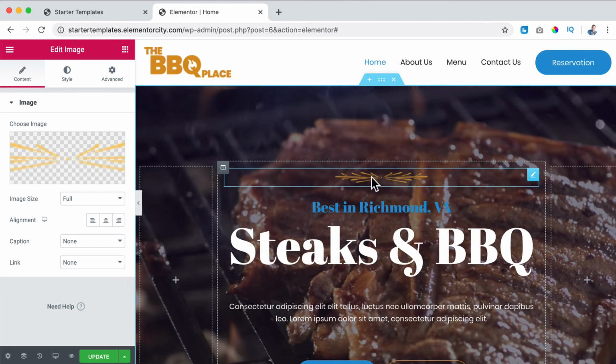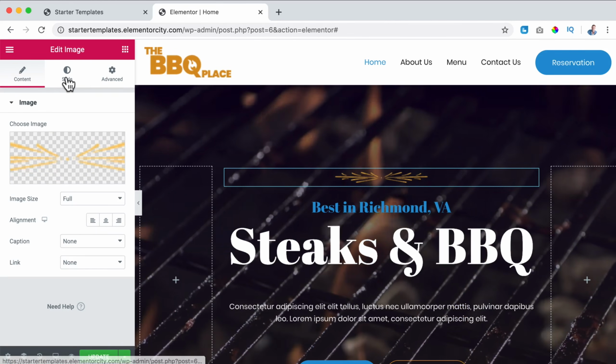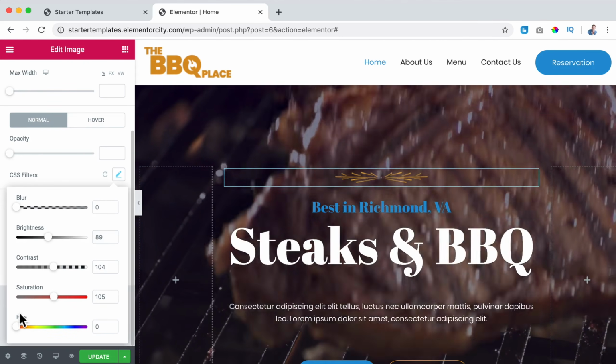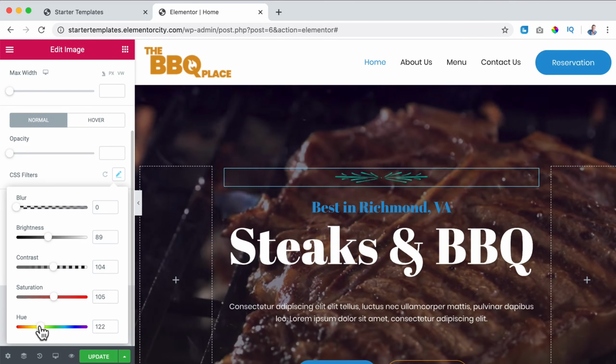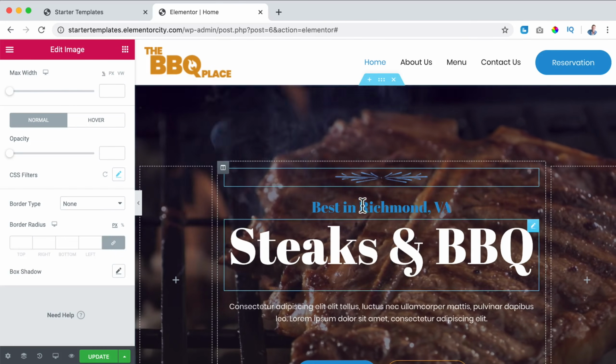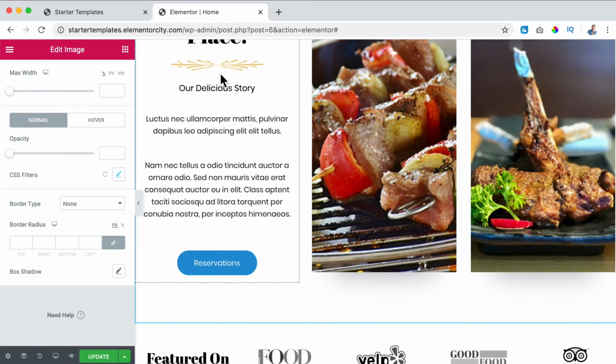How can I do that? It's an image, so how can I fix that? I go to Style, scroll down, CSS filters, go to Hue, and scroll it until I think, okay, those colors look the same. Right mouse click, copy,